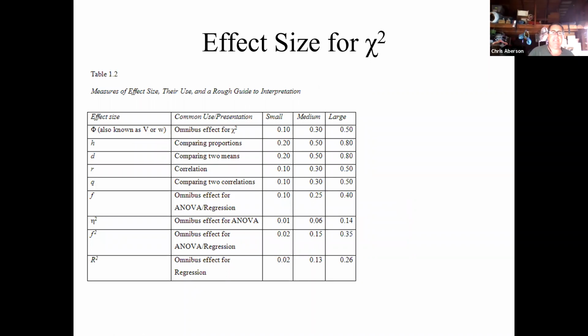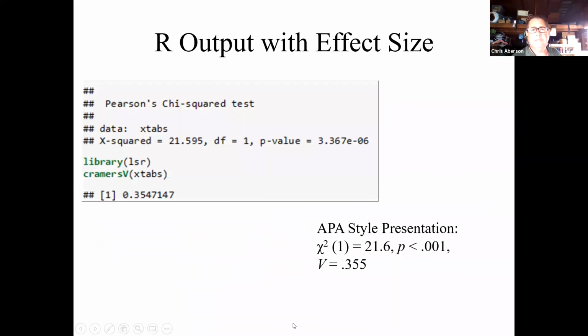Briefly to mention effect size for chi-square: phi, also known as Cramér's V or sometimes W. It's the effect size for chi-square, and one thing you can see is that in terms of its size, it's on the same metric as a correlation. It's scaled to be like a correlation, largely because you've got Pearson involved in this. To get the effect size, we need, again, the lsr package. And then we just simply run the cramersV command on the object that holds our analysis. So, again, relatively easy to get this in R.